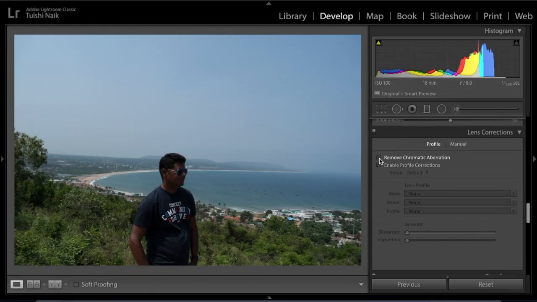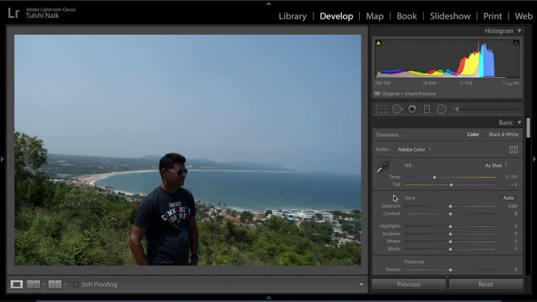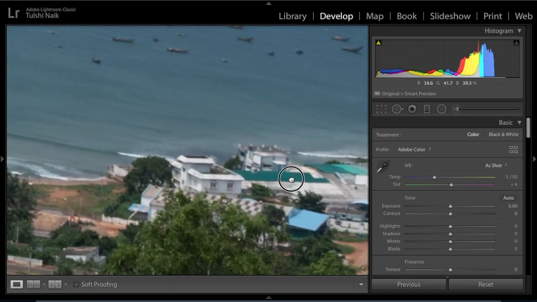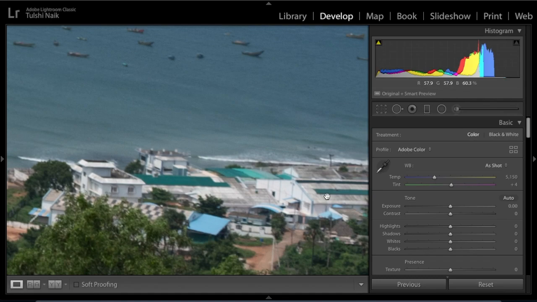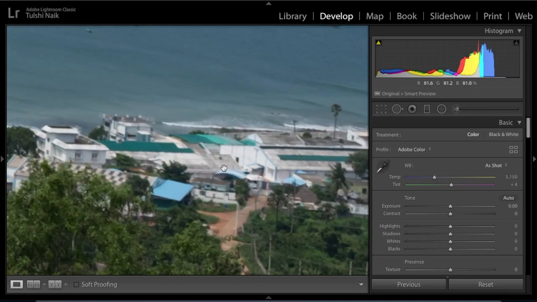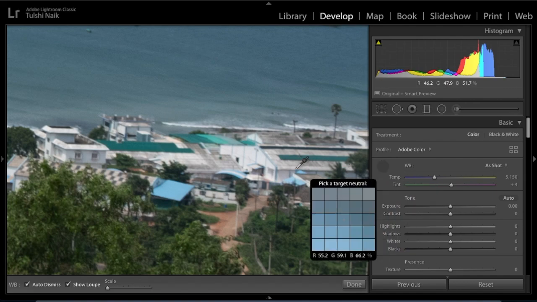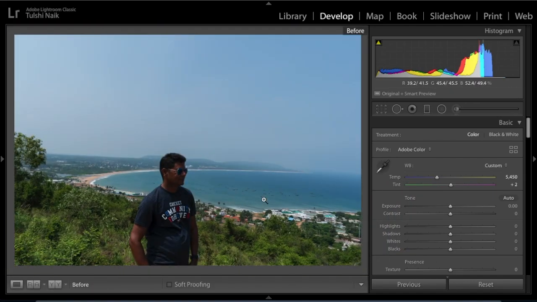So let's begin by removing chromatic aberration. That is the first step I always do. Then secondary, fix the white balance. So as shown in my previous video, the way I like to balance my white balance is try and find an ideal white color in the scene. So in this we have a lot of white color, so I'm just going to pick up a sample from here. Yeah, it looks quite natural.